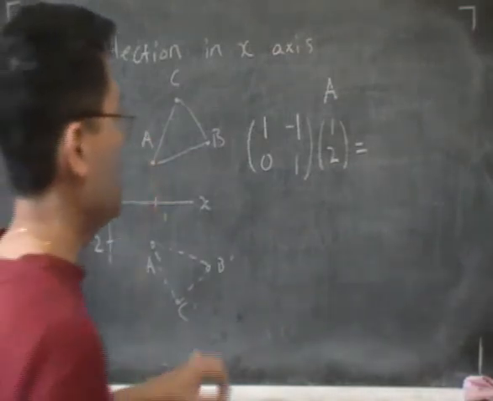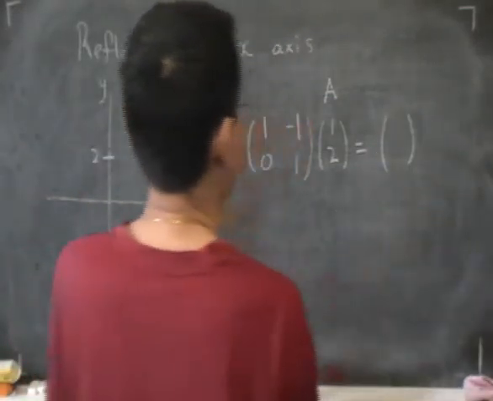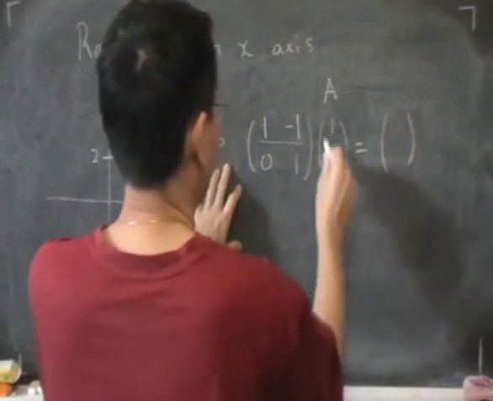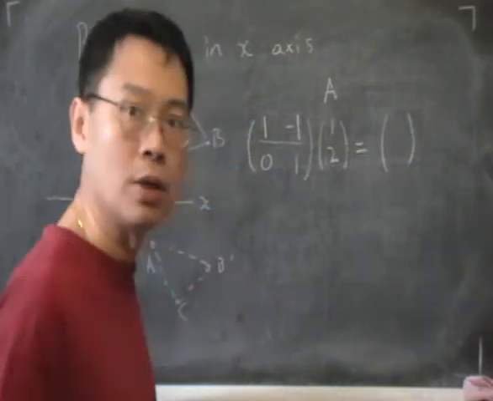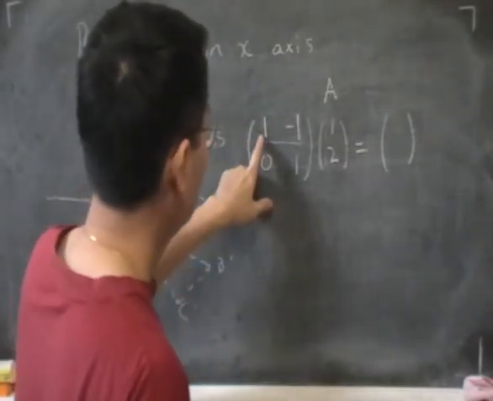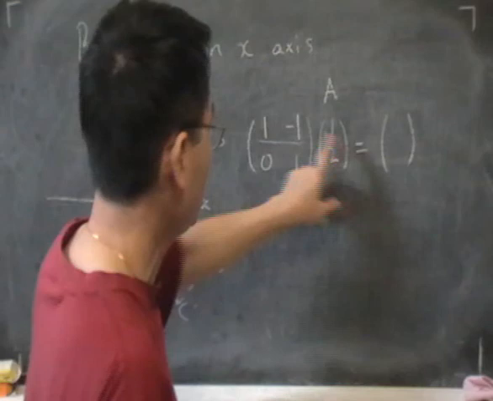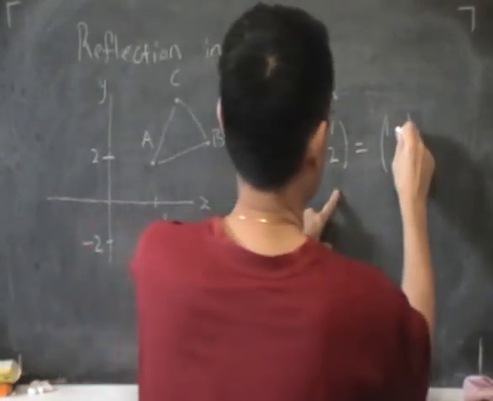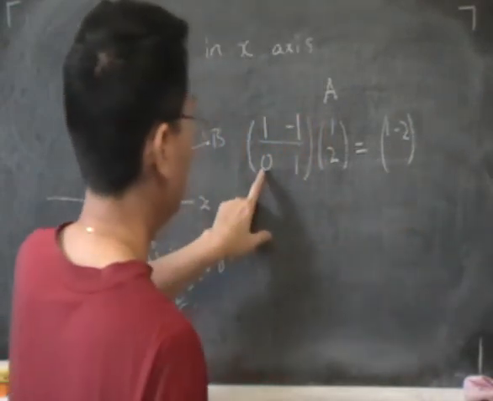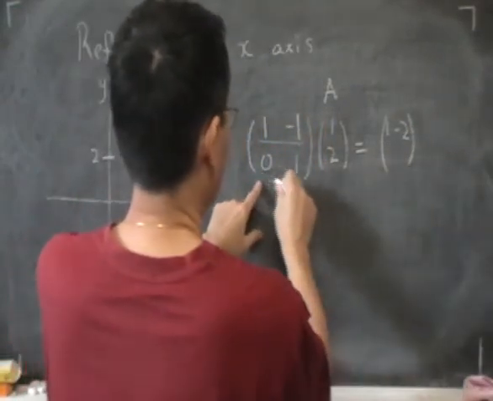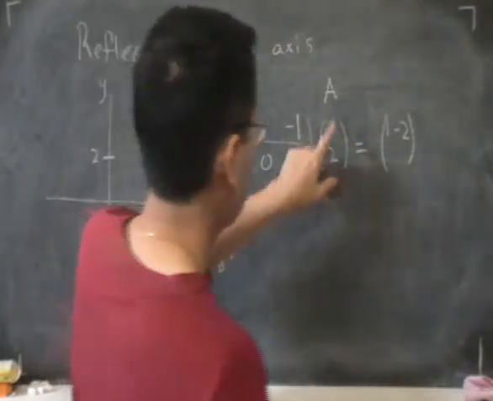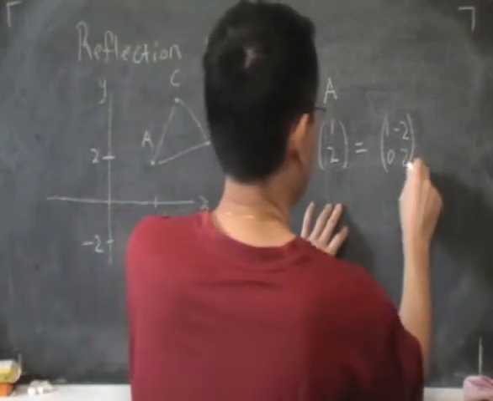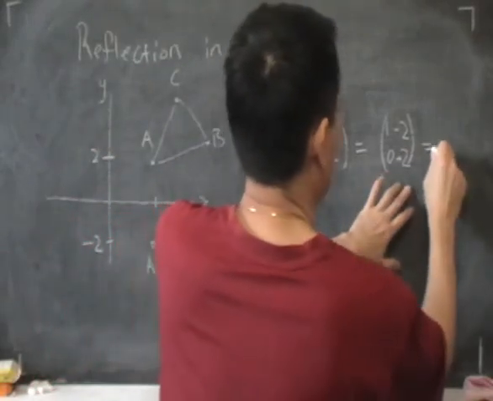Now when you multiply this matrix, to get the first number, you multiply the first row by the first column. You multiply the number by the corresponding number. So 1 times 1, which is 1, minus 1 times 2, which is minus 2. And you do that for the second number, second row and first column. So 0 times 1, which is 0, 1 times 2, which is 2. And the answer is